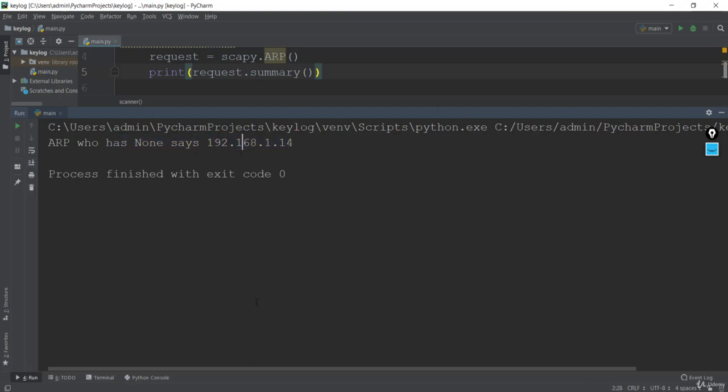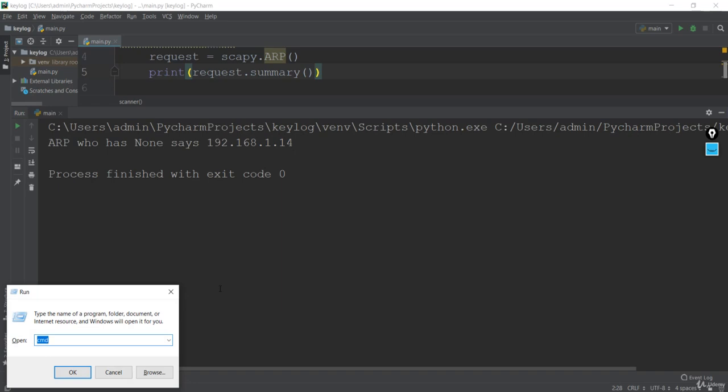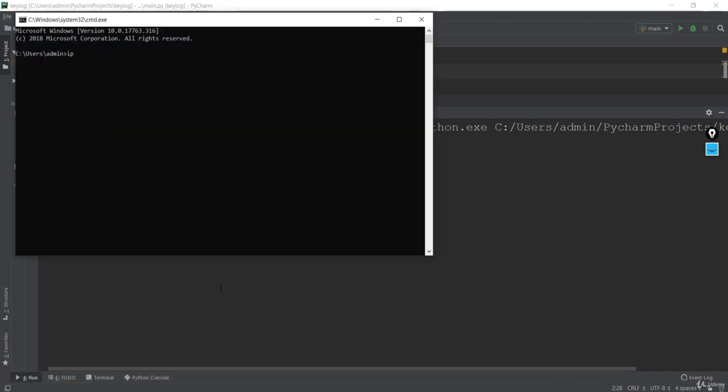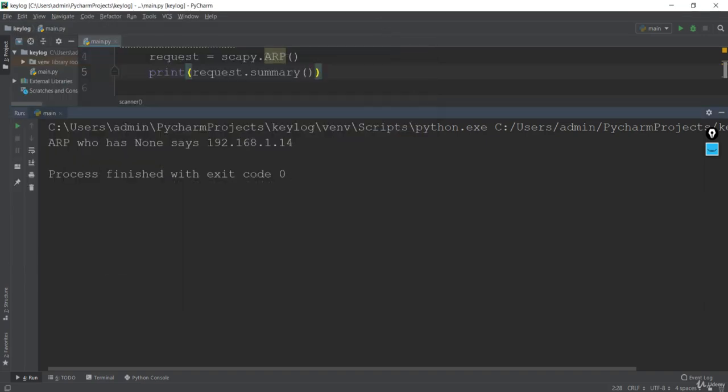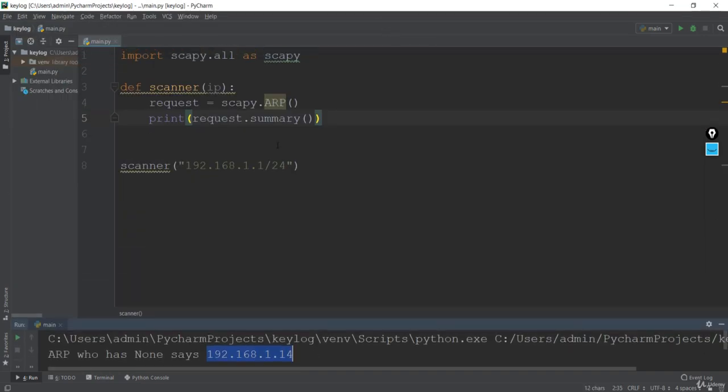If I open the CMD, my command prompt, to see my gateway, you can see here this is a wireless LAN adapter and this is my IP address. So that means this ARP request was done from this IP address. So we have successfully created the ARP request.